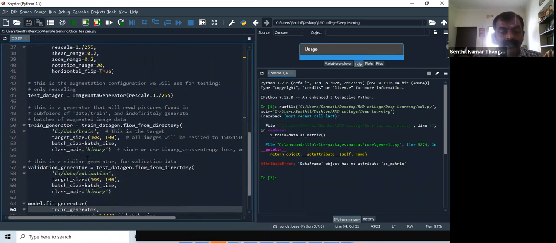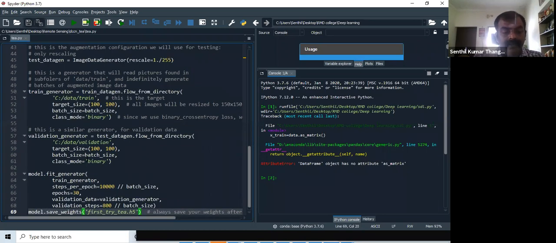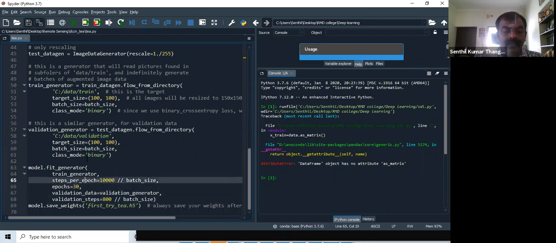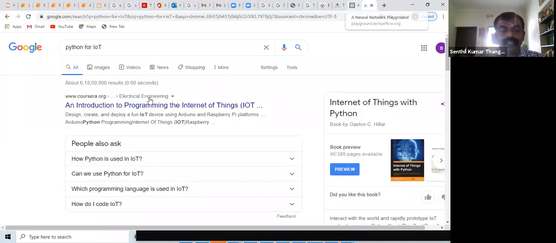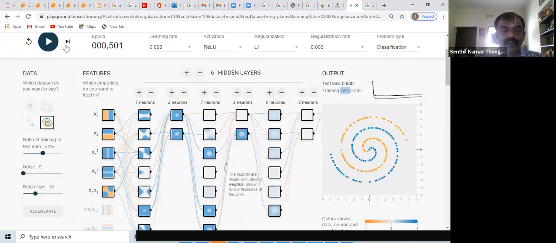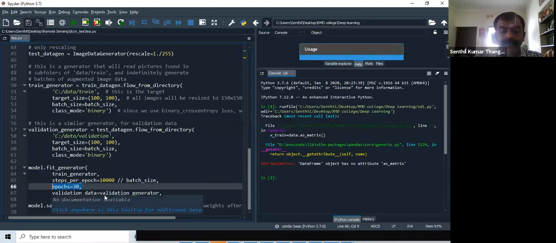The important thing which I would like to show you is, when you are trying to fit your model, you will specify the number of steps per epoch. Here we are supplying it as 10,000. The number of epochs will be 30. This number of epochs is what we had tried to show you in the UI. If you can see in the UI, this is your epoch. So the number of epochs is what you can specify in your code. The number of epochs is specified as 30. Then we supply validation data.